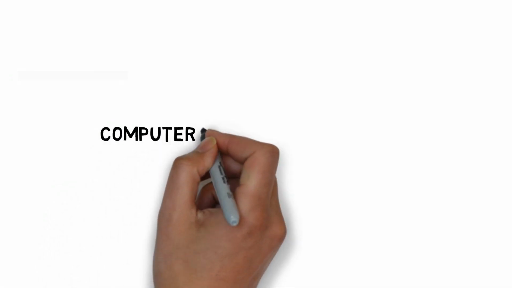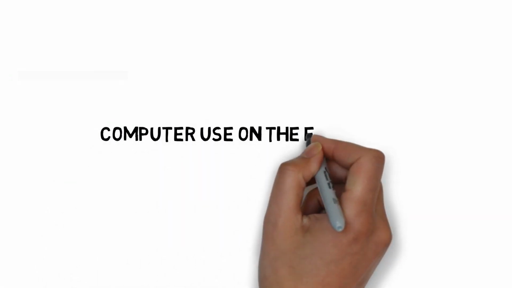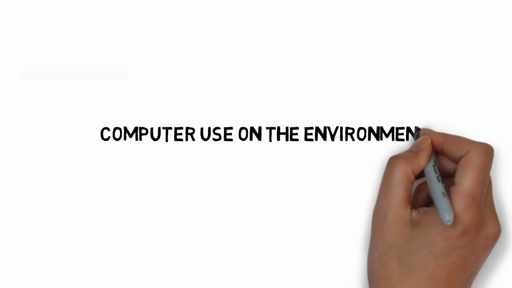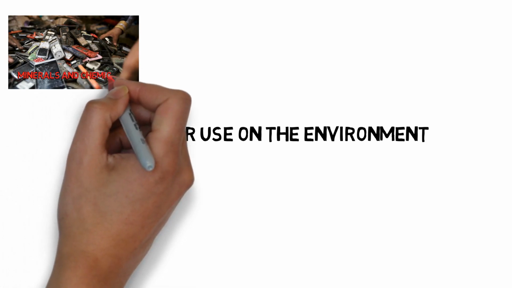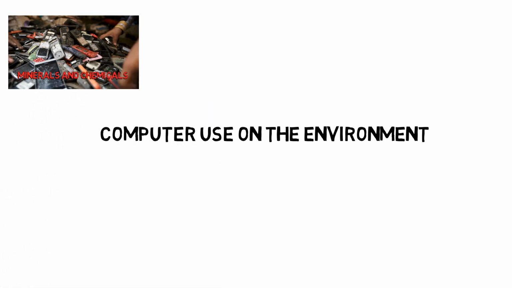We have already taken a look at some of the positive influences that computer use can have on the environment, but now let's take a look at some of the negative influences that computers have on the environment. Computers can be quite complex machines, and in order to make them run faster and become more powerful, they have many different types of minerals and chemicals within them. If computers and technology are not disposed of properly, those chemicals end up impacting and influencing our environment in a